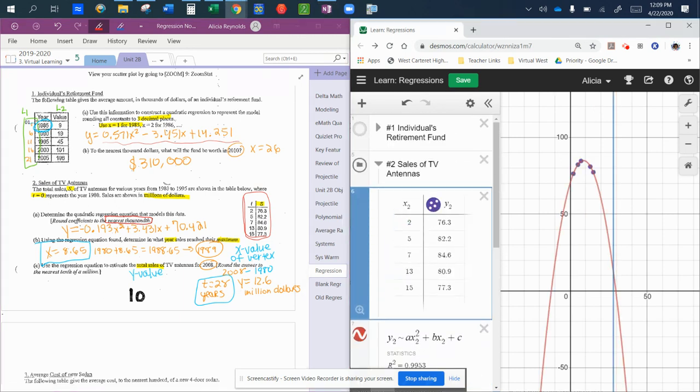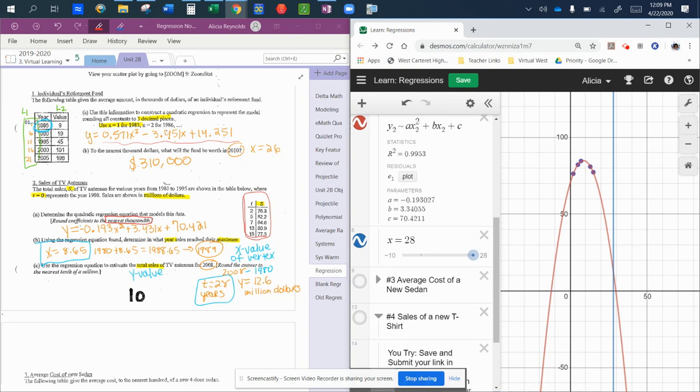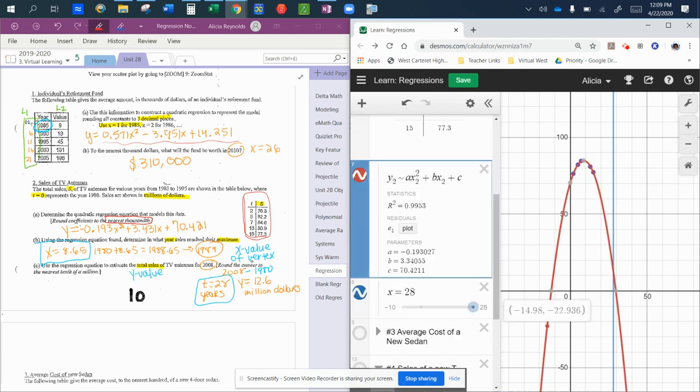So from here, let's turn off this top folder. Let's look at our regression here. So this red parabola is the prediction. The purple dots is the data that I was given. So if I'm trying to find what year will they be at their maximum, if I click on my parabola, this ordered pair tells me what my vertex is. So the x value of my vertex is